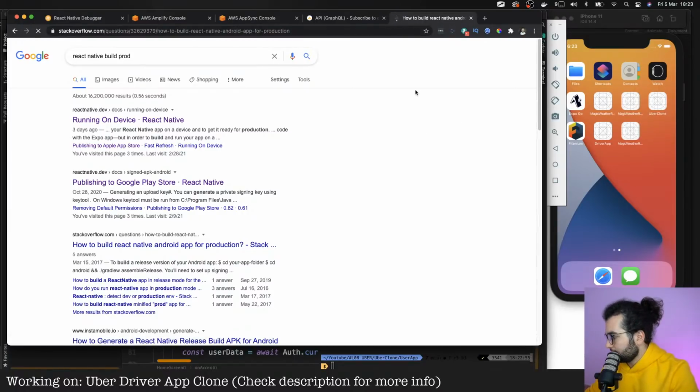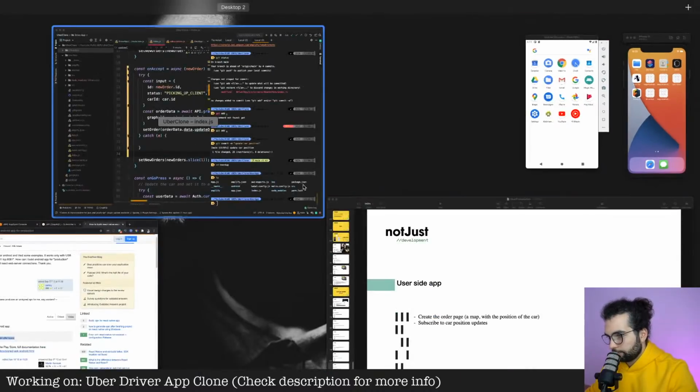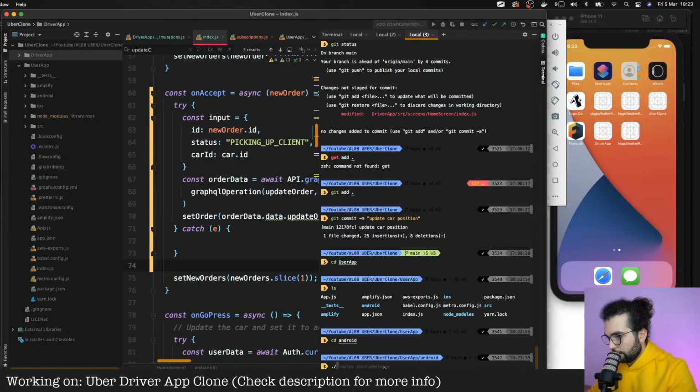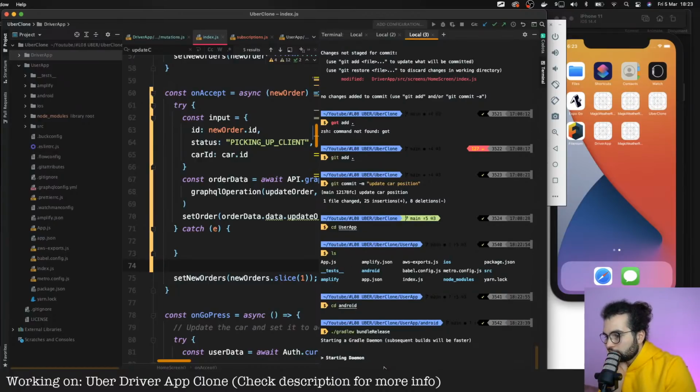Oh, why is the internet so slow? Okay, we'll need to do GraphQL assemble release. So let's go to user app, then cd Android, and run GraphQL bundle release to build a release version of our user app, so we will be able to test it on 2 devices.